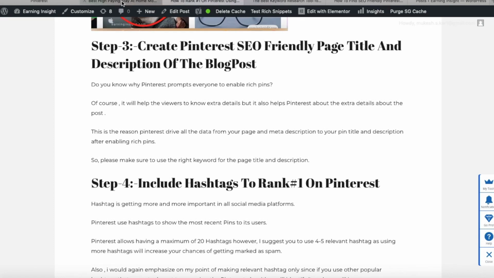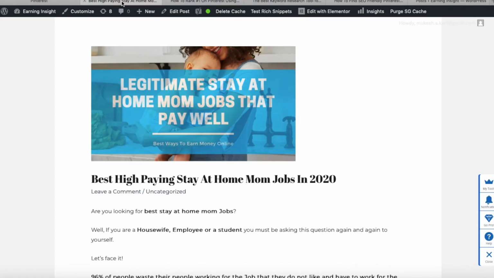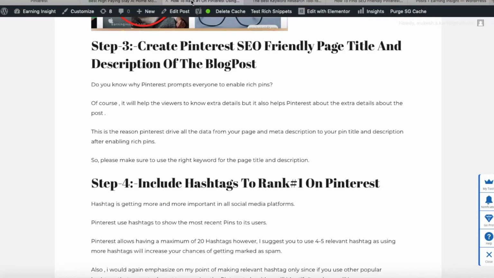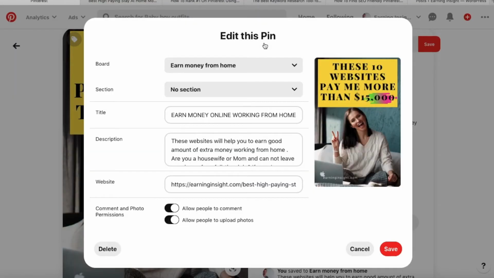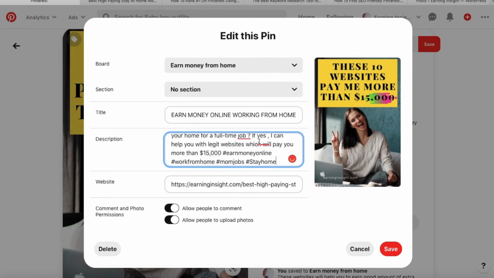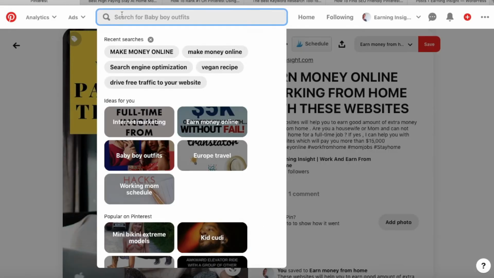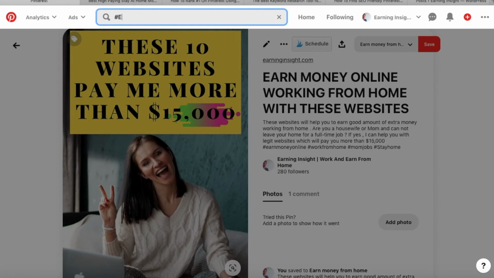So guys, I hope you are using hashtags in Pinterest. Actually, hashtags are being used by all the social media nowadays. I want to tell you how Pinterest uses these hashtags. If you see here in the end, we have mentioned some hashtags like earn money online and stuff like that. But if you go here and search for the hashtag earn money online, then what you will see is